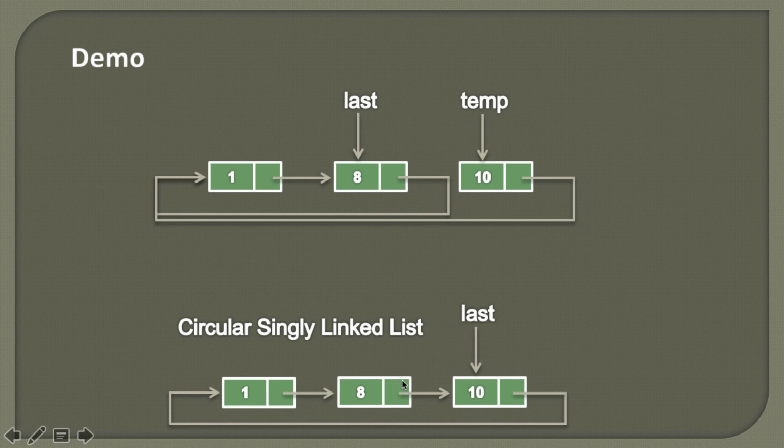And here you can see that second node is pointing to the third node. But here second node is pointing to the first node. So we need to simply break this link and we need to point it to the third node. So it would look something like this. And one last step we need to do is, when we have inserted this node having data as 10, we know this is the last node, therefore we simply need to assign the value of temp to last. So it would look something like this.